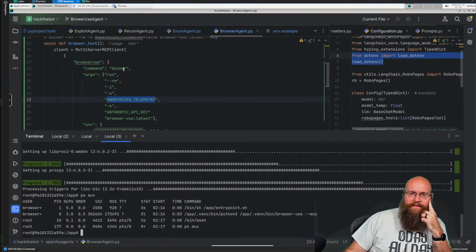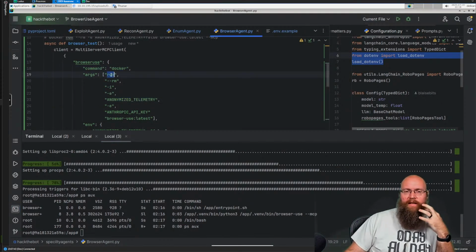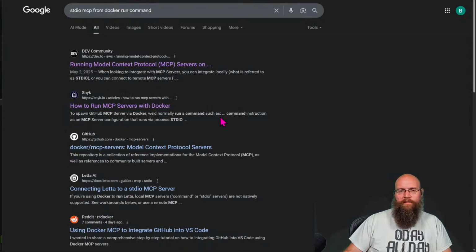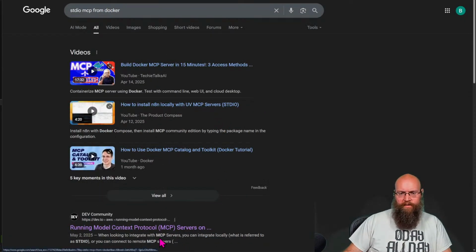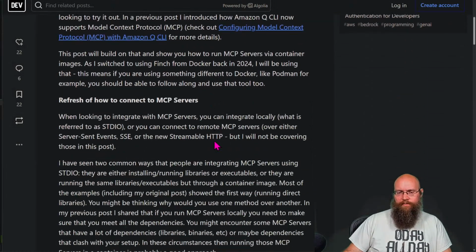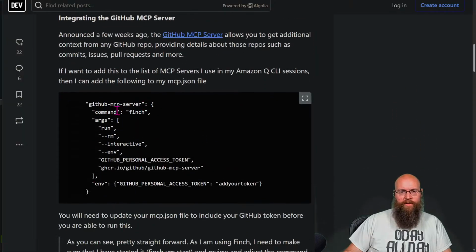If this is a syntax error, I don't know what the heck it could be. Actually, let me double check something here, because he's essentially running the same thing we did.